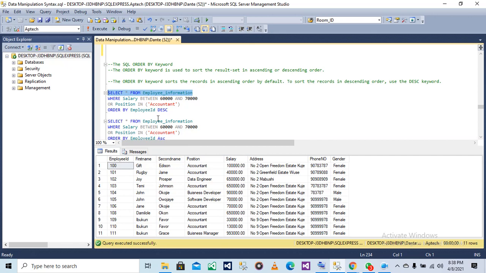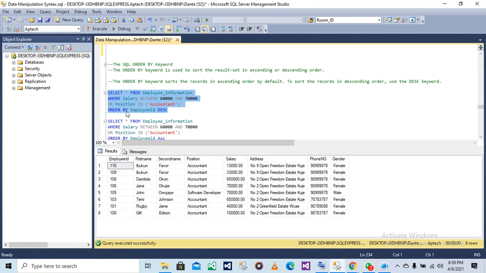Most of the time, when you want to use the order by keyword, you use your employee ID or your ID of the table, because those are the identity of each row, and identity always has an integer value, which means it's numeric. So it's going to be easy for you to count from largest to the smallest, or from smallest to the largest. You can't make it order by position descending. No, it has to be ordered by something numeric.